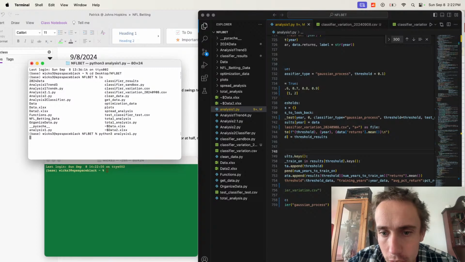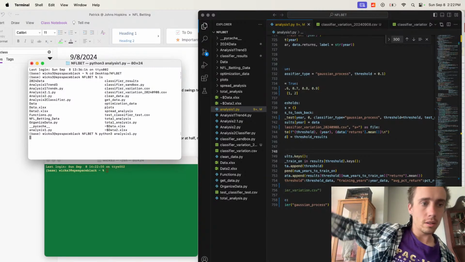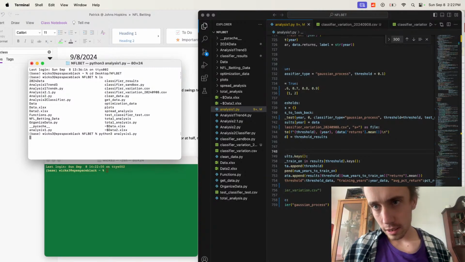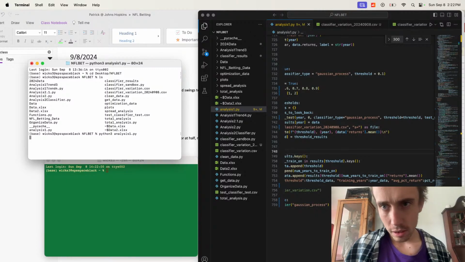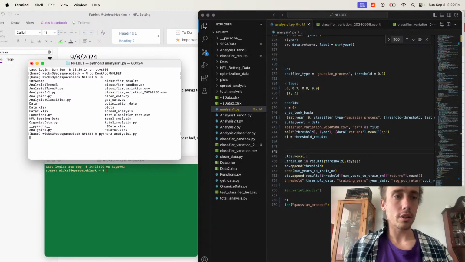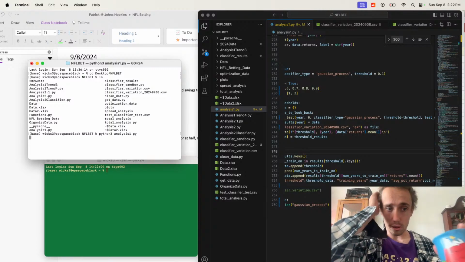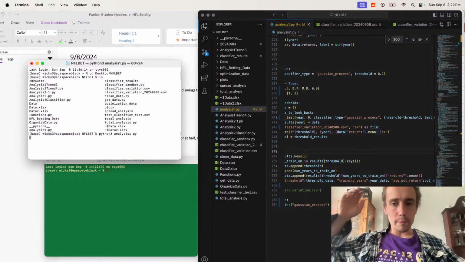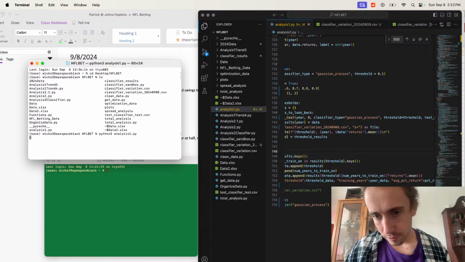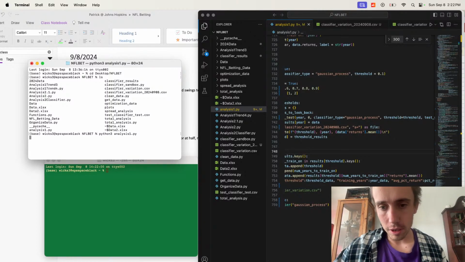So then we could just say classifier equals, okay, so then get classifier. Oh no, it's back to that again. Classifier variation, so 0.5. Going back one. Okay, great. This thing's going so slow that we're not going to get good results here. Okay, so then we get classifier, then we could say classifier dot